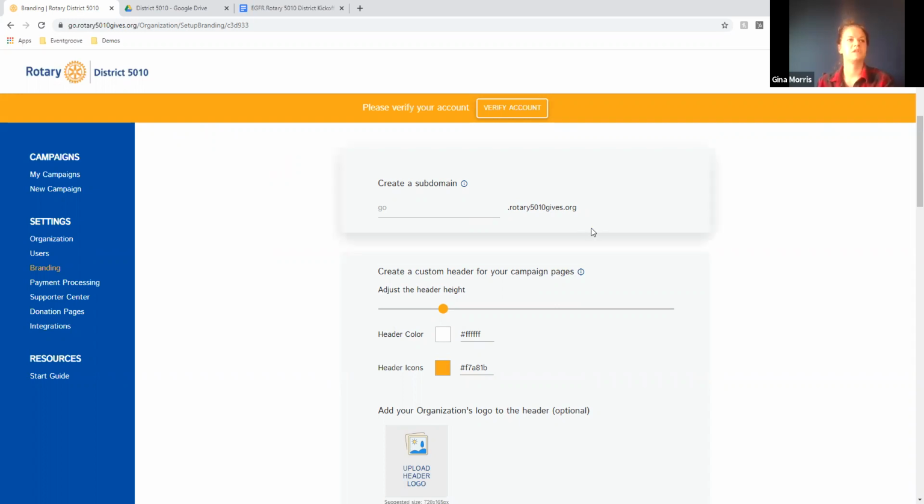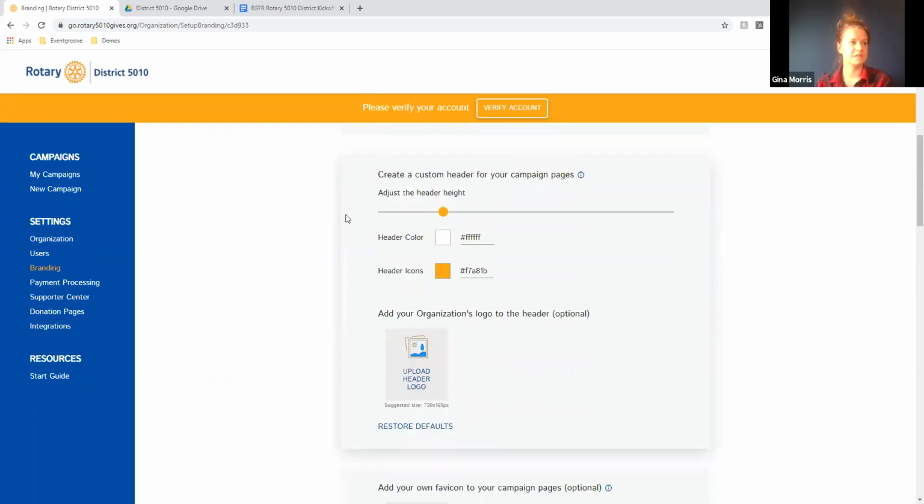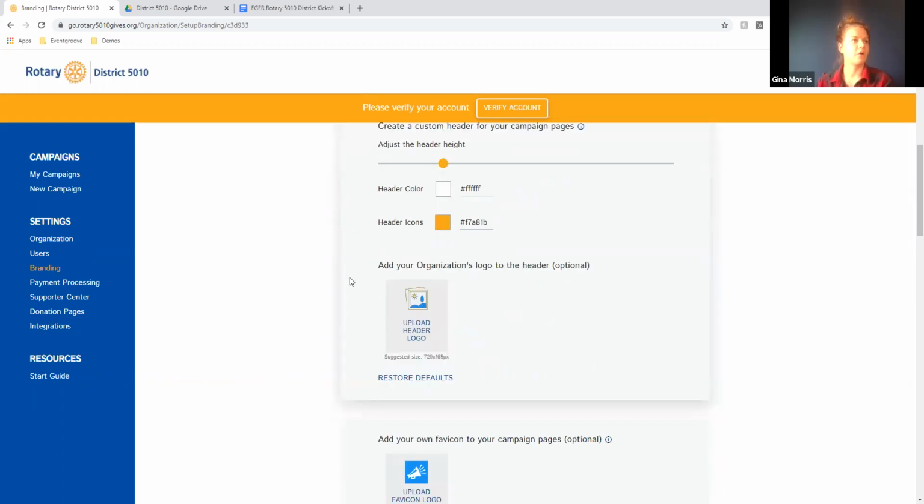The subdomain typically will be the club name.rotary5010gives.org. The district, because it's the district platform, won't have a subdomain. They'll just have Go as their subdomain, so we won't update that here today. But some other things that clubs can do is add their organization's or their club logo to the header,